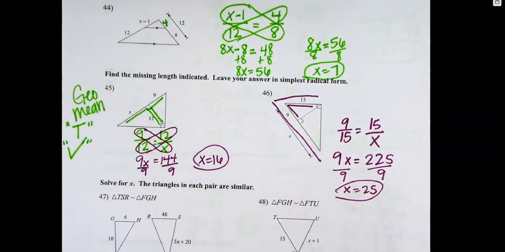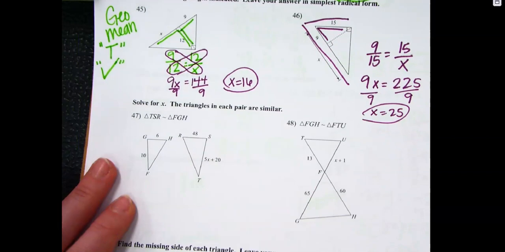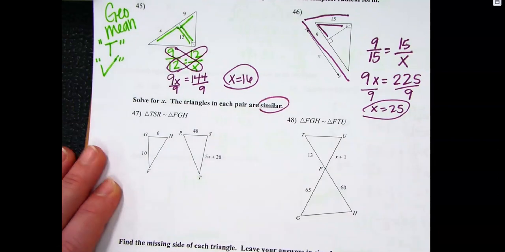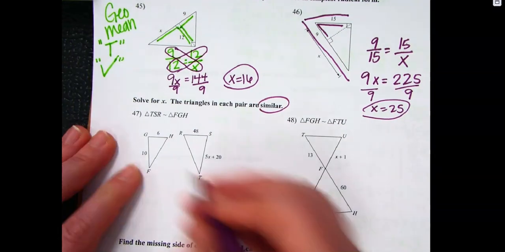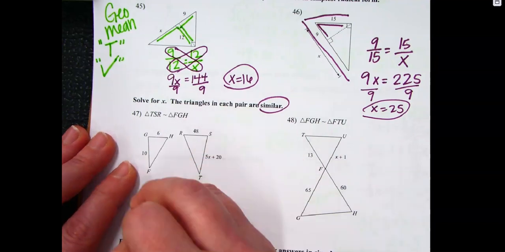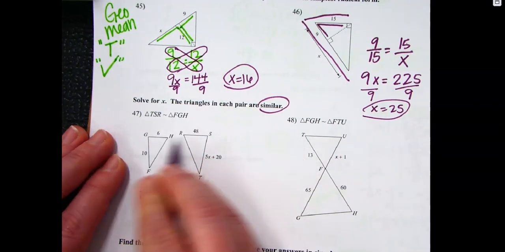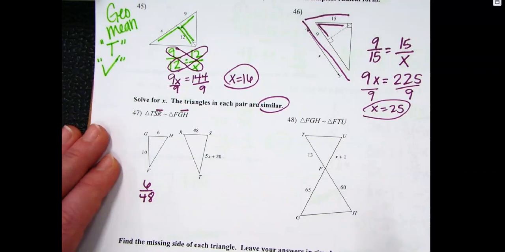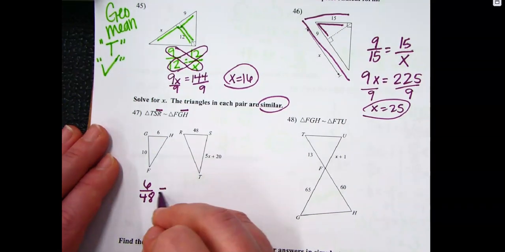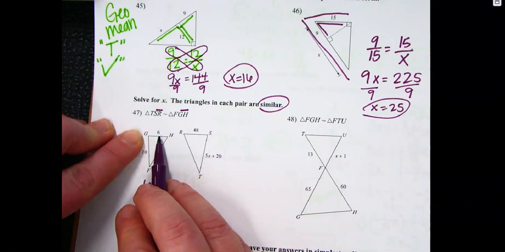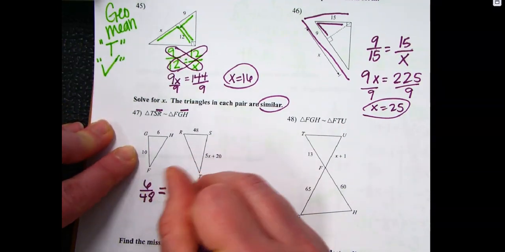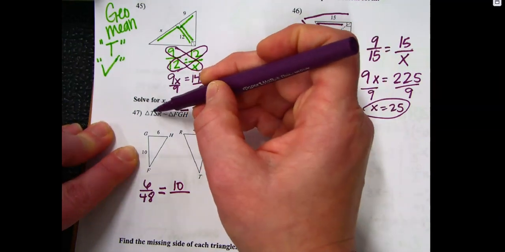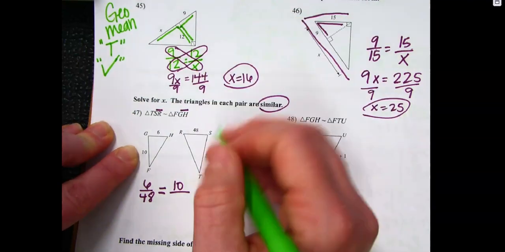Okay? Then I have 47 right here. So I am going to set up a proportion because they are similar, but you've got to make sure you have the correct parts. So clearly 6 corresponds to 48, because those are both the short sides. But you can see GH is the last two, RS is the last two, so their names correspond, so we're good. I started with 6 on top, so 10 also needs to be on top. 10 is GF, your first two letters, so I'm comparing it to TS, which is the first two letters, and that's going to be